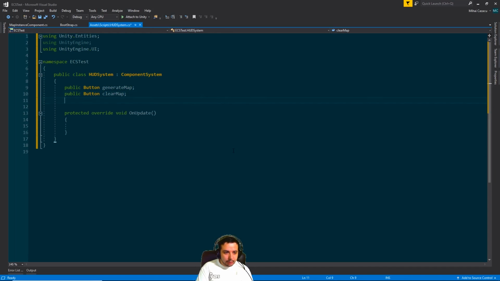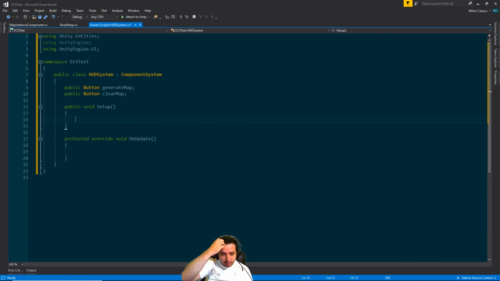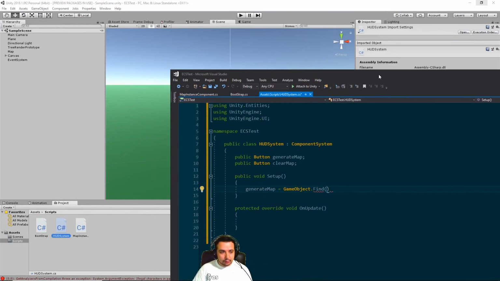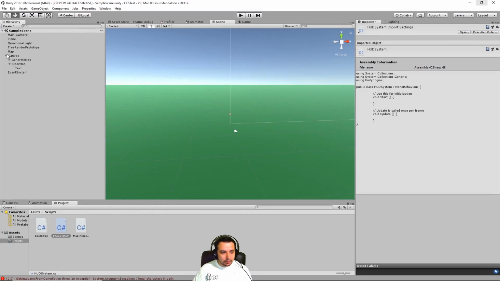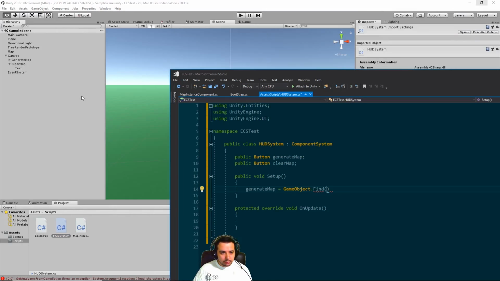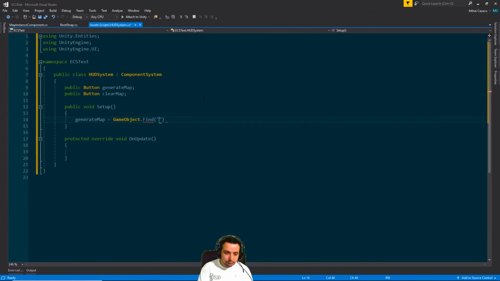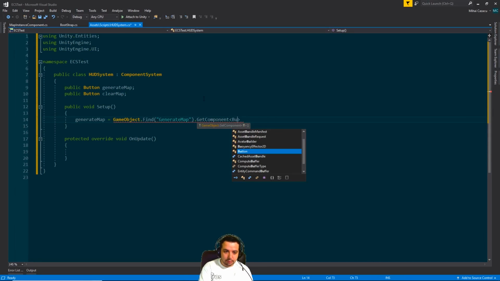There we go. And let's create a function called setup, for example, in which we need to find this button. So let's say GameObject.find, and how is the button called? I think it's called generate map. Yes, generate map dot get component button,